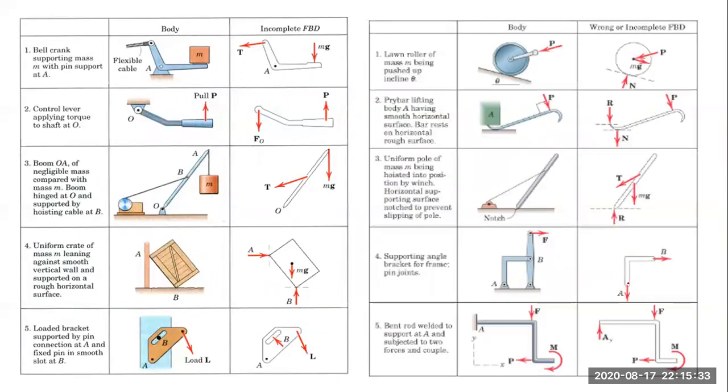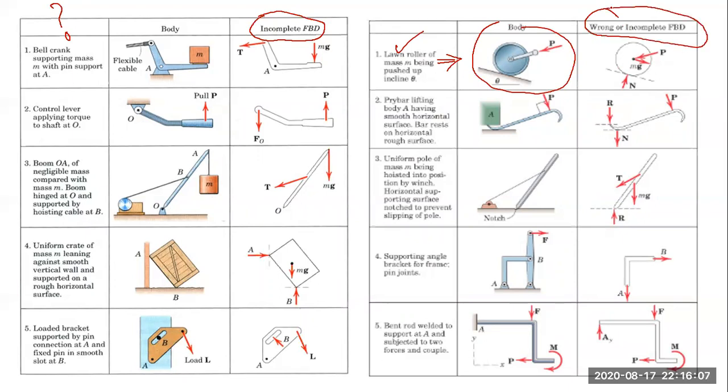These are a few examples of different real-time problems. This is the actual nature and this is the problem, and here is the incomplete free body diagram. We have to make it complete. Here also, this is the problem statement and the corresponding figure is here. The wrong free body diagram is given here, so we have to make it correct. These we can treat as homework. I will just explain one or two. Say the third one.